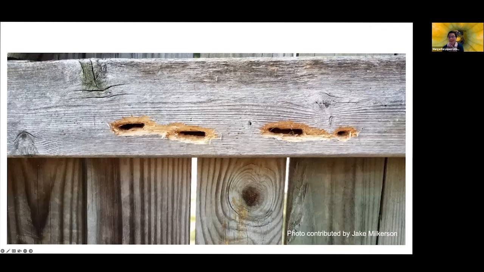Now, this problem can be exacerbated when we have birds actually as part of the system. So this is very typical of what we see when woodpeckers detect or find these carpenter bee nests. They basically open holes in the wood to eat the larvae and pupae inside the nest of the carpenter bees. And so it weakens the wood even more, and actually it looks really ugly, right? If we don't have the birds in the system, we actually don't see the tunnels from the outside, even though they are there. So having this bird predation definitely makes the problem worse.